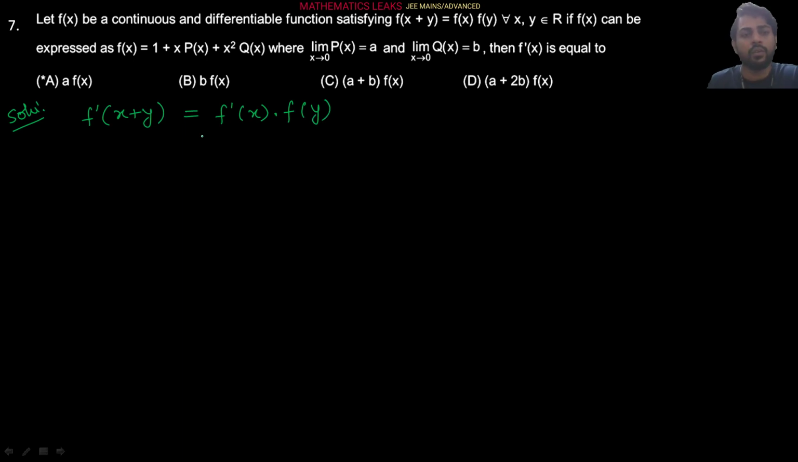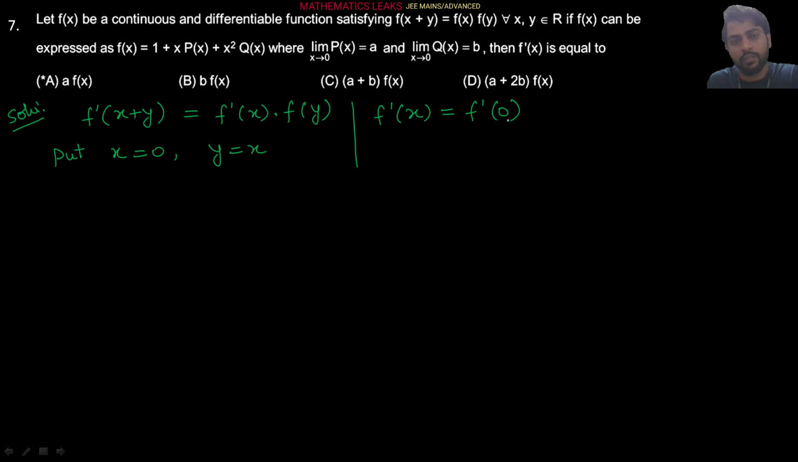And now I'm just going to put x = 0 and y = x. So on putting this, f'(x) = f'(0) · f(x). Right, everybody? That is what we are getting here. Now